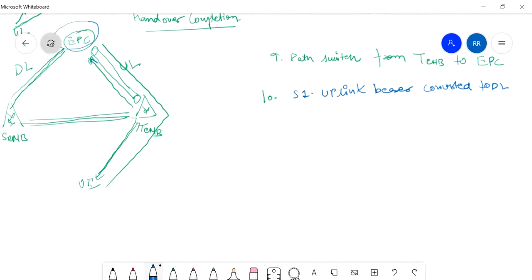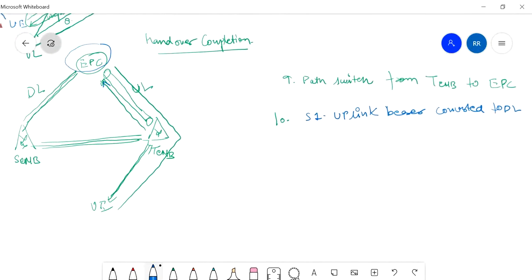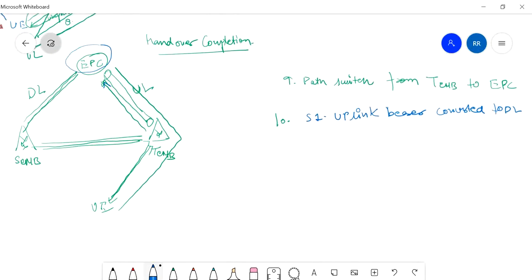So I am consolidating all those messages as EPC messages only. After that, when the modify bearer response comes from S gateway to MME, this S1 path is also working. So whenever the response comes from EPC, what happens?